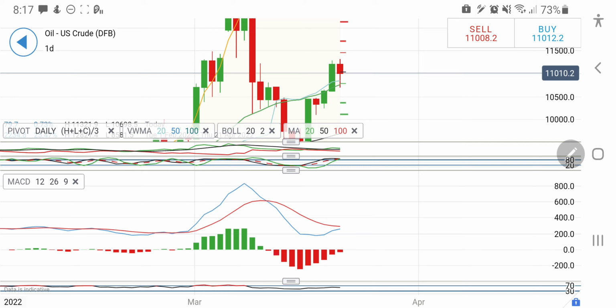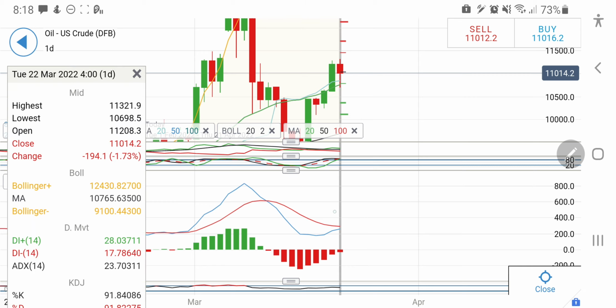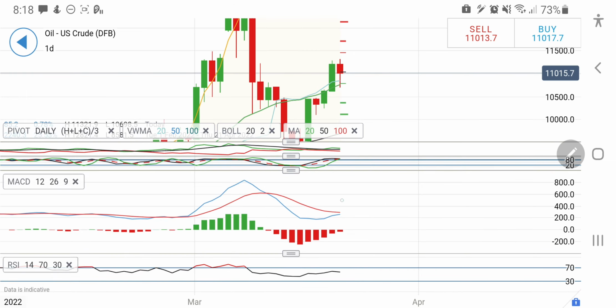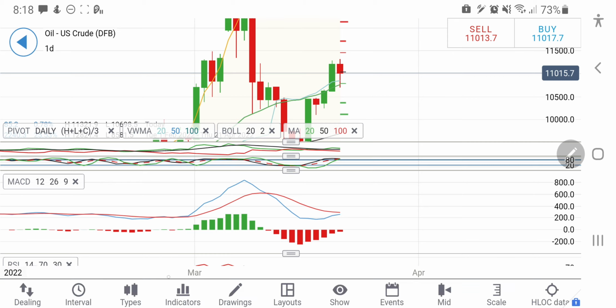Beyond this itself, I'll try to initiate a short position, but still it is risky as it can reverse at any point of time. So a definite short position on oil is below 108, then you can expect it to drop towards 105, 103 and 100 levels also. Interestingly, the MACD is trying to converge here. MACD is trying to cross over here, so I'll be a little bit cautious here. And yes, if it crosses over on the buy side, probably it can again turn out to be a bull